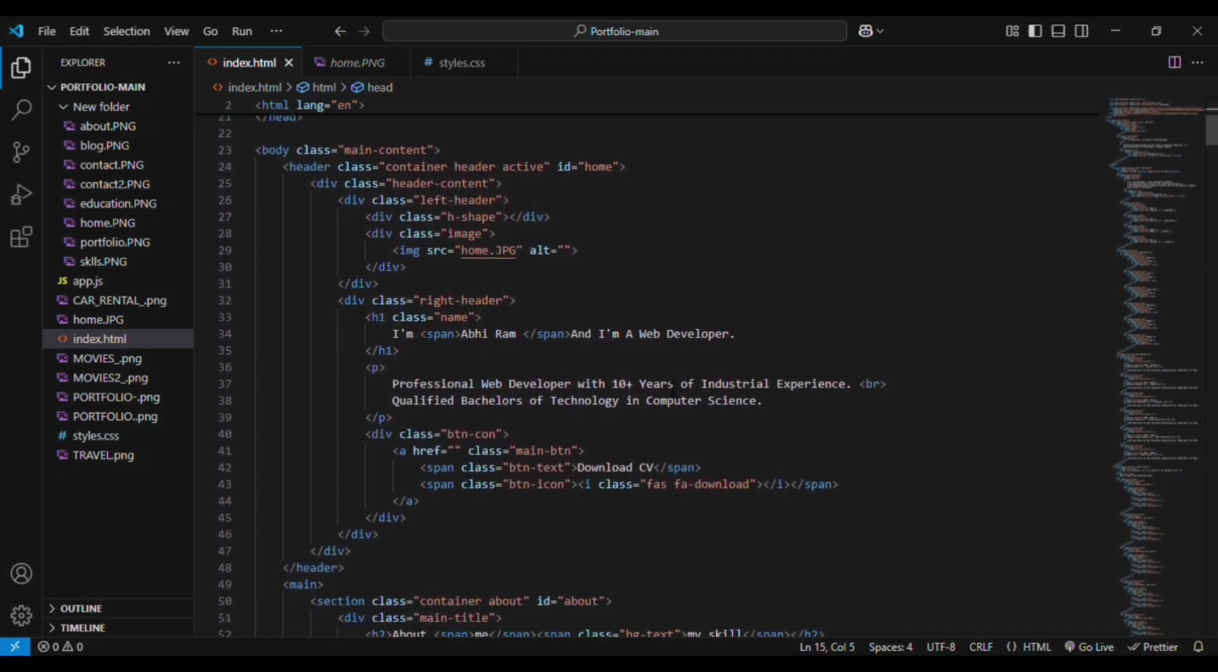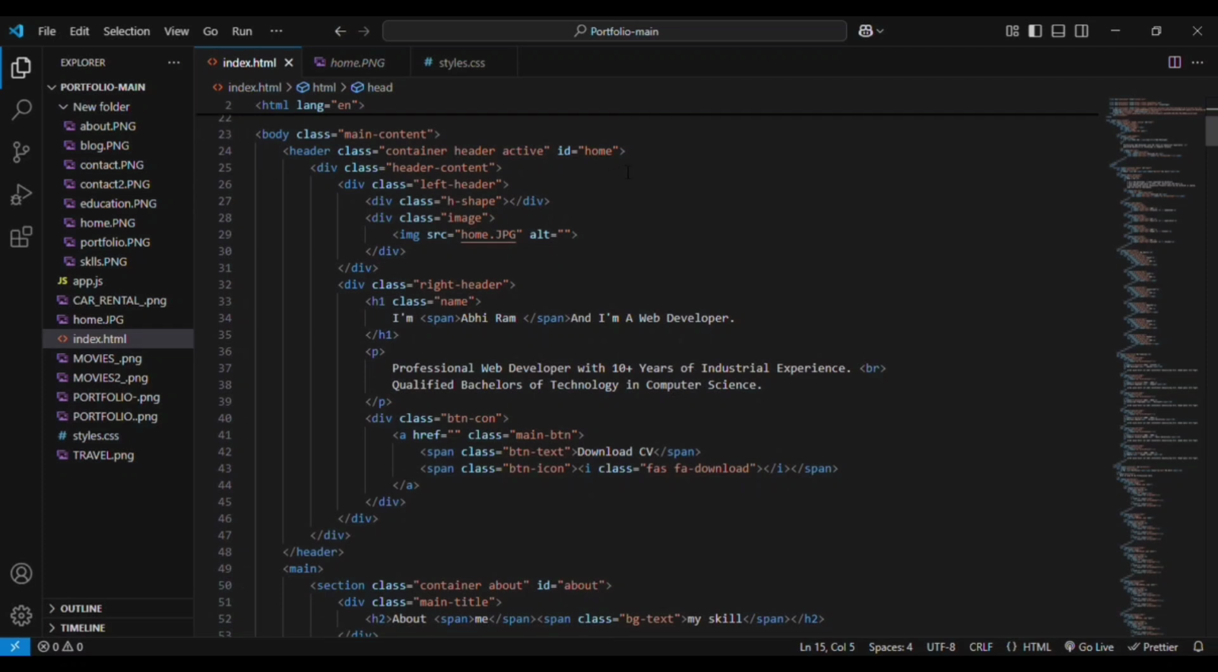The body section; right now we are in the header section. In the header section, we have the main div, that is header content, and then we have the div of header left, inside which we have the main image using the image tag, that is home image. Then we have another div for right header. In that we have the h1 element, that is the heading element,